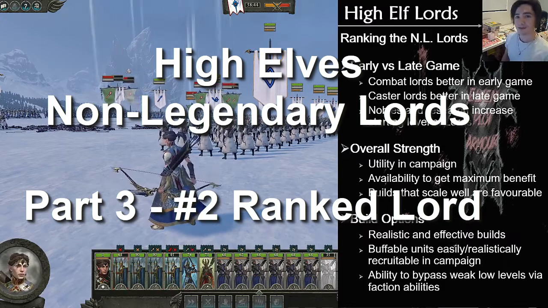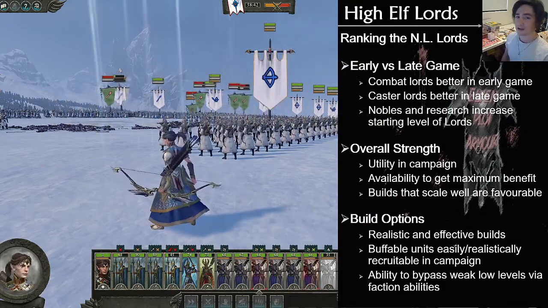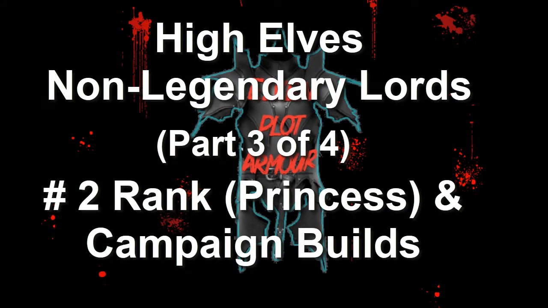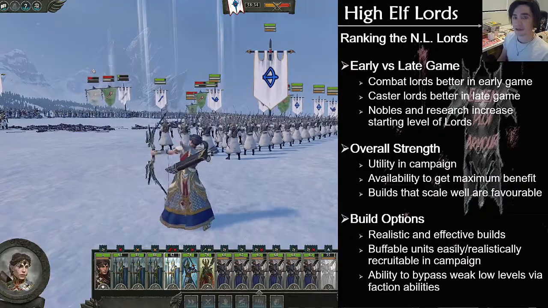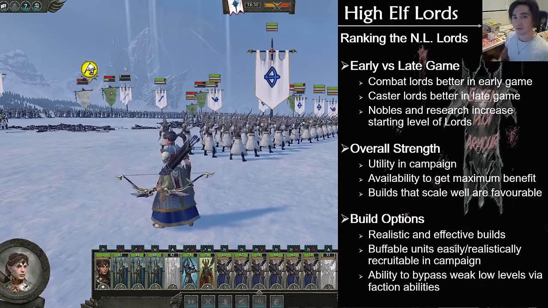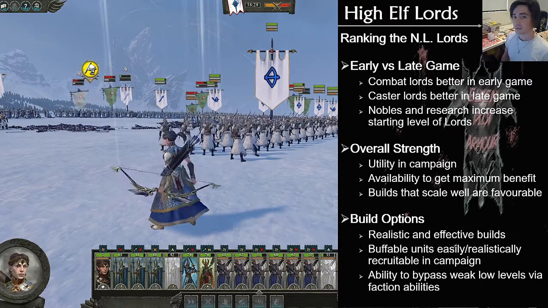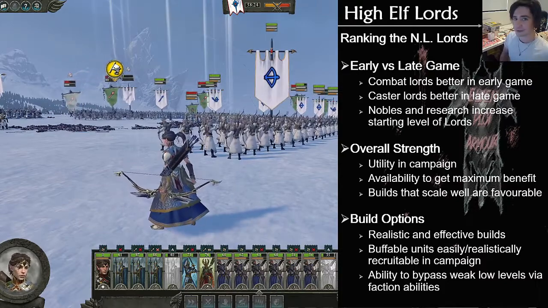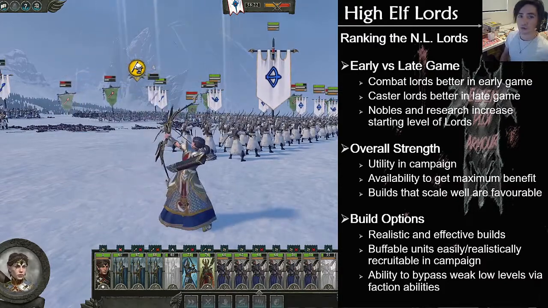We are back today with part 3 of our 4-part guide on the non-legendary lords. Today we'll be counting down to the number 2 pick, which is coming out to be the Princess. Last episode we went through the Prince, and the one before that we did a comparison of all of the lords together. We will today be going through the Princess, the ways that she can be built, her strengths, weaknesses, and then just a basic brush through her skill tree, and how it is better or worse than the other